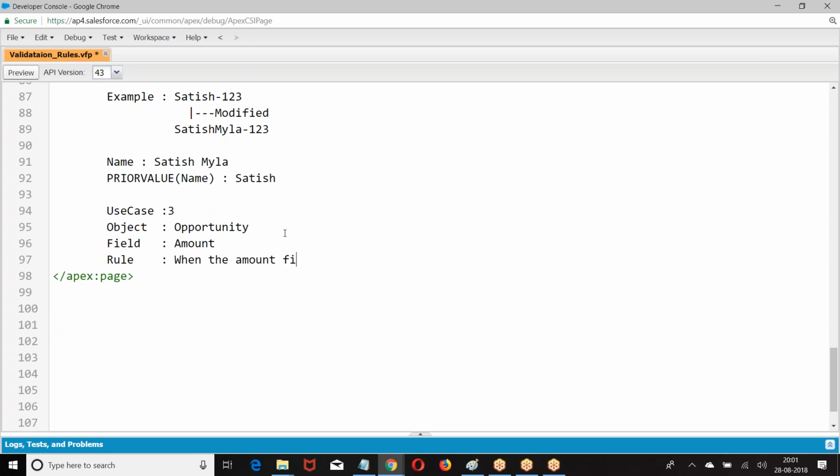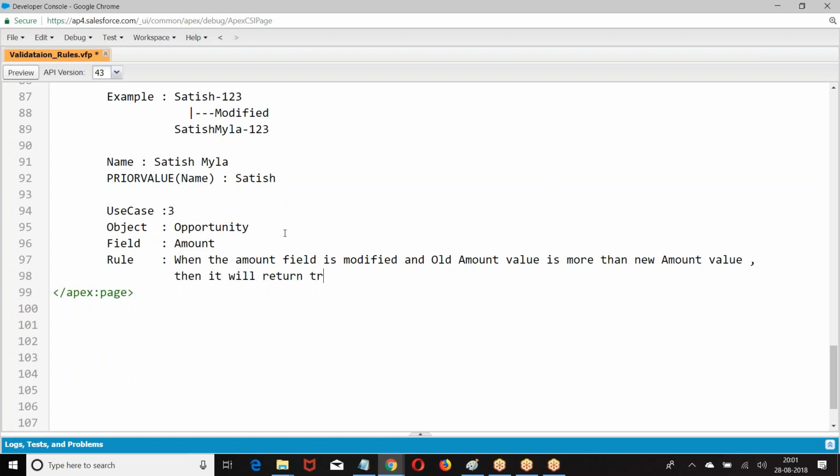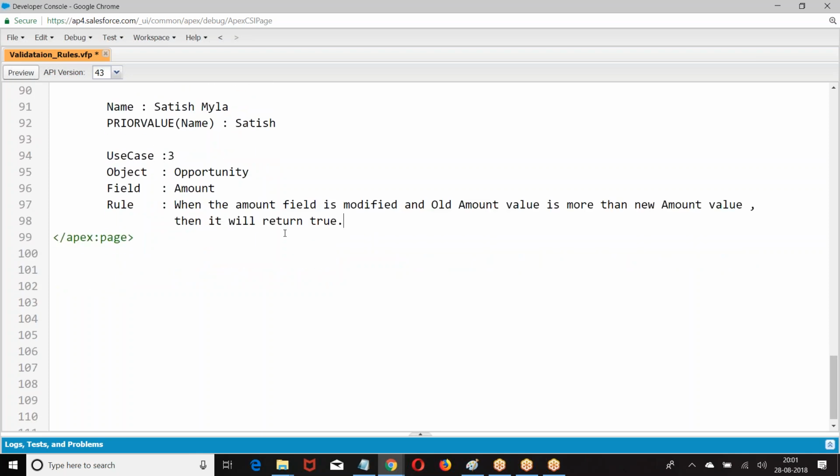When the amount field is modified and the old value is more than the new amount value, then it will return true.